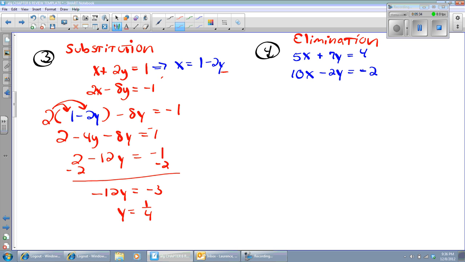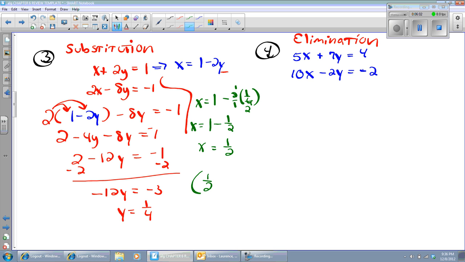So, change my color here: x equals 1 minus 2 over 1 times 1/4. That's going to turn into 1/2. So we have 1 minus 1/2. So x is going to equal 1/2. So the lines would cross at the point (1/2, 1/4), which would be difficult to determine if we do